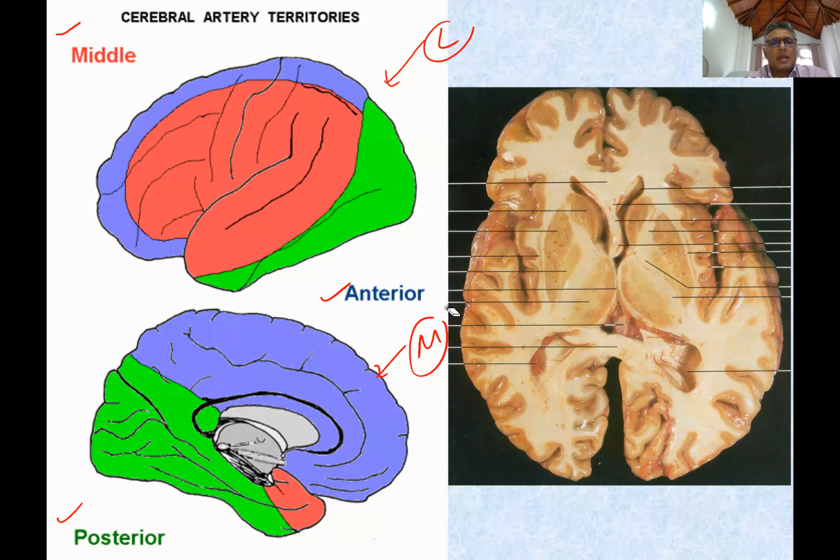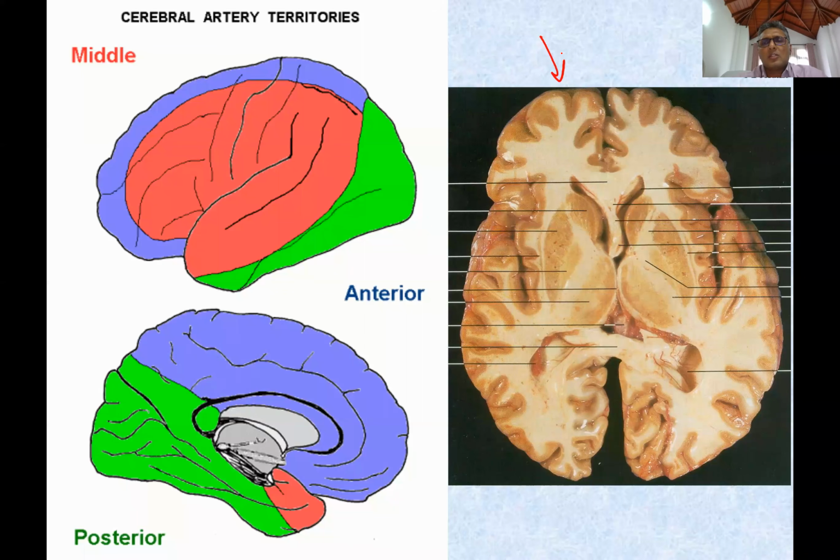So that you can get an idea about the extent of the brain supplied by each of these three arteries, but sometimes that is not enough because you don't get an idea about the depth. This does not give an idea about the depth of supply, it only gives the surface. So this diagram is the horizontal section of the brain, the typical horizontal section. Usually, when you're asked to draw the horizontal section of the brain, this is the section that you draw, because that shows you all the important structures within the substance of the brain,